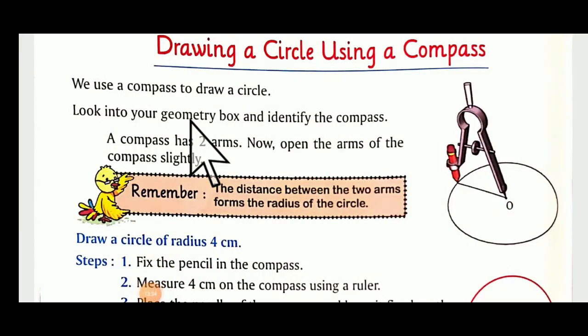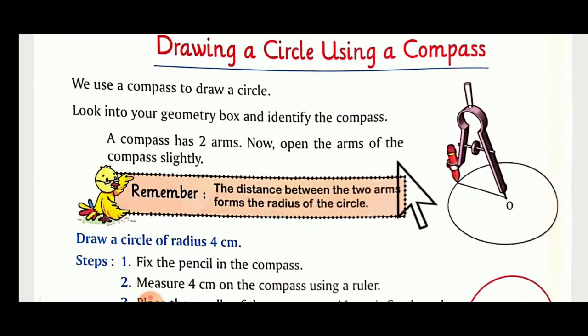Okay, how will you draw the circle? Use the device that we call a compass, and you need to place the pencil. You have to balance it. See, both the needles have to be balanced on the book. One should not be lengthy and one should not be short. Otherwise, you will not be able to draw the circle. A compass has two arms, that is 1 and 2.